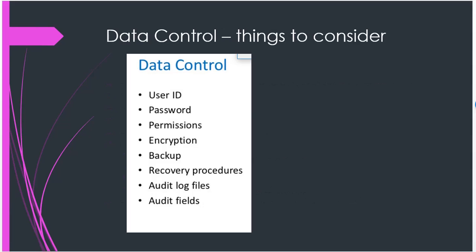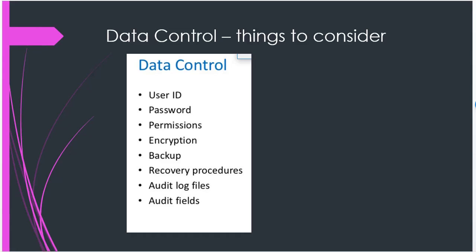Now, some of the things you need to consider as you deal with your data and as you come up with your data policies as well as your architectures is, how do you deal with user identification, user password and privacy? How do you allocate permissions? Is it user-based or is it role-based? How do you encrypt and make sure that your data is not visible in plain text to anyone who wants to see it? How do you back up your data, and how do you restore it in the event of